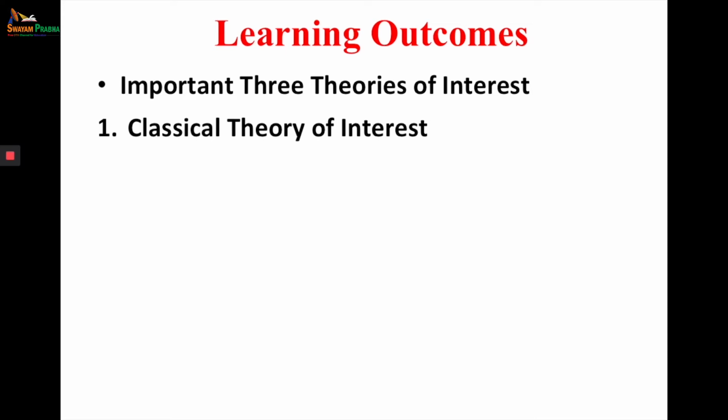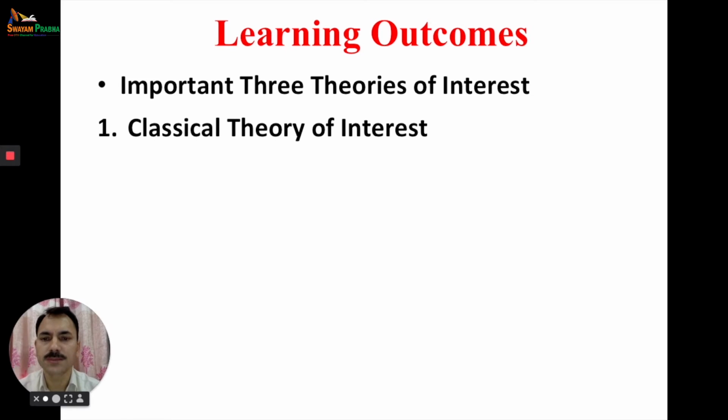That is the classical theory of interest. Classical economists believed that supply creates its own demand. The whole theory is basically a supply side theory. They assume that there is full employment in the economy, in the short run, and everything is decided in the short run through the market mechanism. Demand and supply forces play a very important role in the market. The point where demand for anything intersects the supply will be the point of equilibrium.